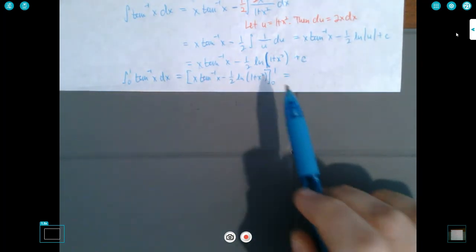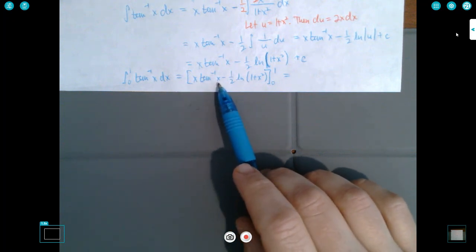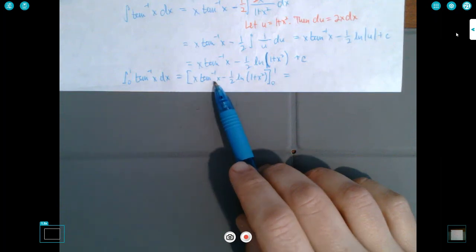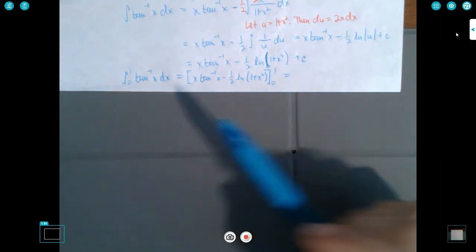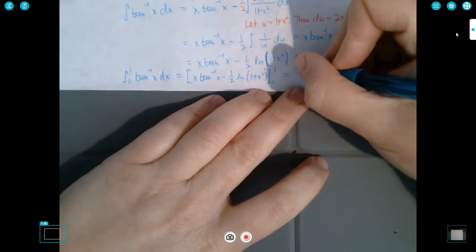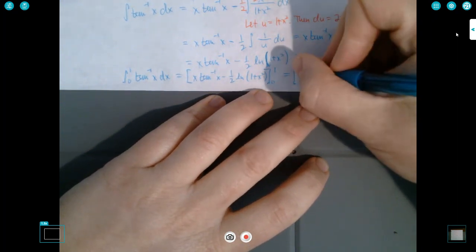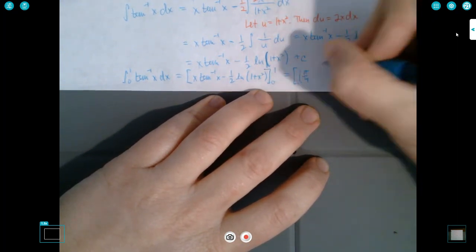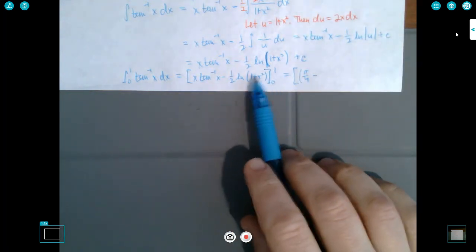Okay, well, if I plug in 1, tangent inverse of 1 is pi over 4. Pi over 4 times 1 is just pi over 4. So I'm going to get pi over 4 minus, if I plug in 1 here,